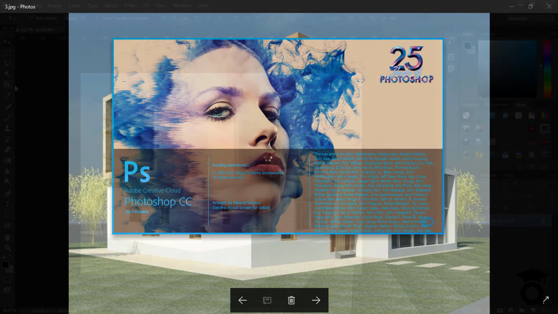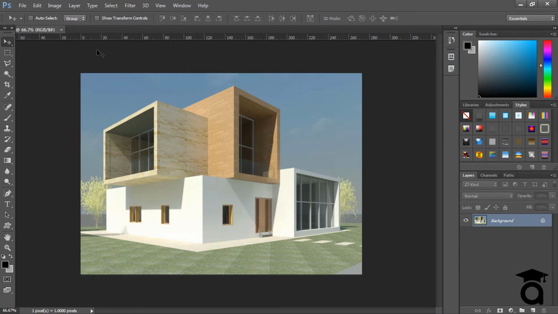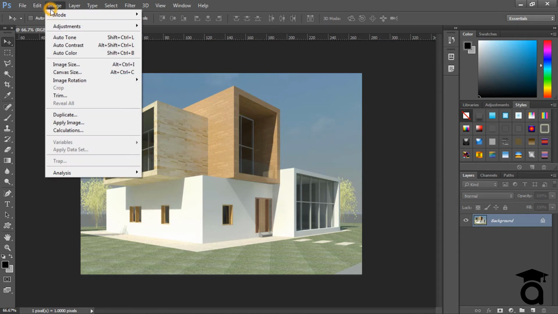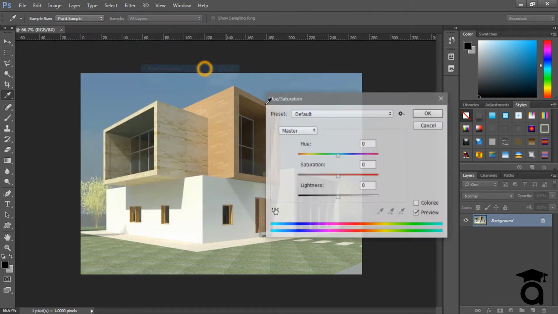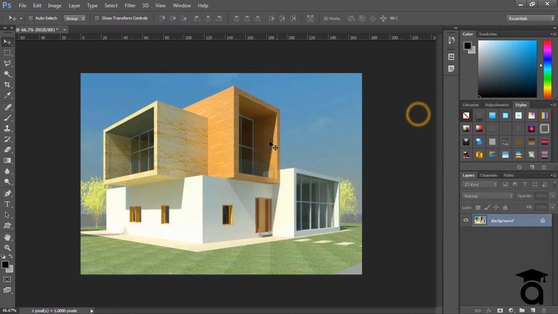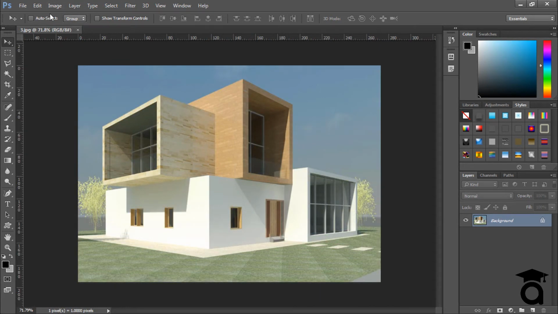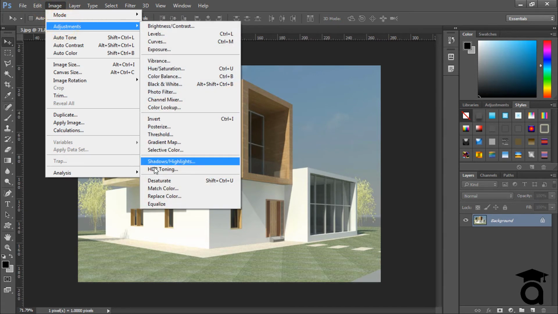So let's do that. Now in Photoshop you can go by two methods to adjust the saturation. You can either go to Image, then Adjustments, then Hue and Saturation, where you can adjust the saturation a little bit. Here, if you don't want any change in the color, you can just adjust the saturation and press OK if that's good for you, but I'm not going to do this. What I would rather do is go to Image, Adjustments, and then